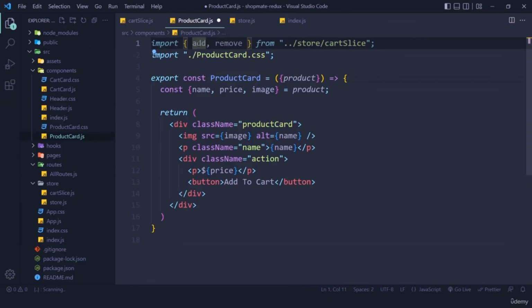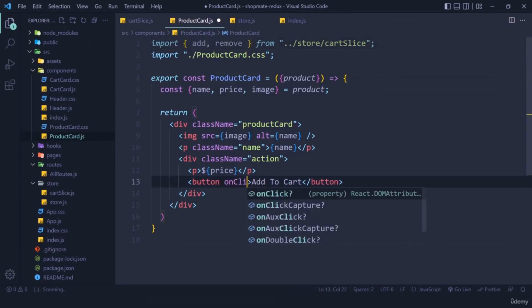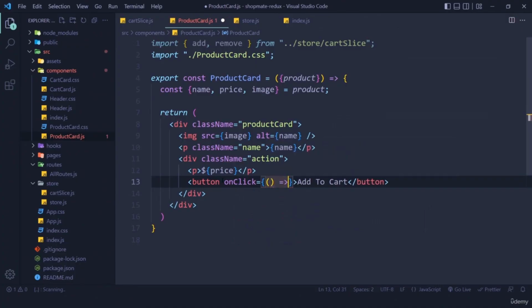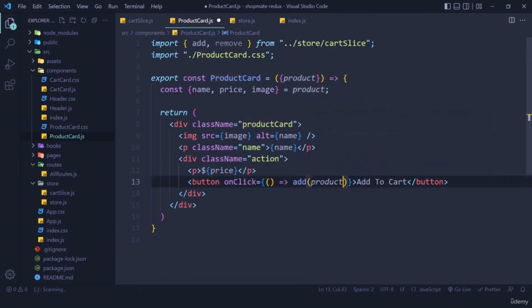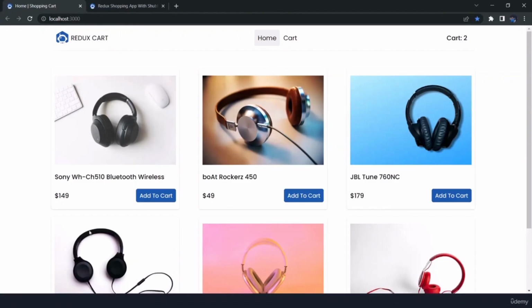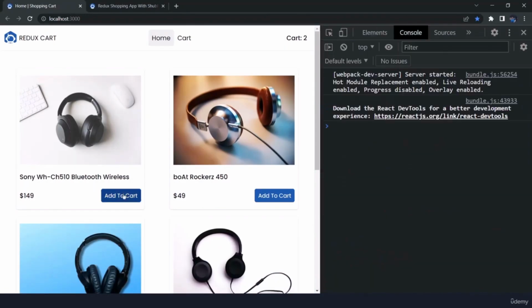What I'm going to do is call it. So let me get here, onClick. Basically I'm going to create a function and I'm going to call this add and pass a payload. What is this payload? Well, basically the product that we need to add in our cart. Let me pass this product. Let me save, get here, try to get here. Let's see if I get an error. If I click on add,